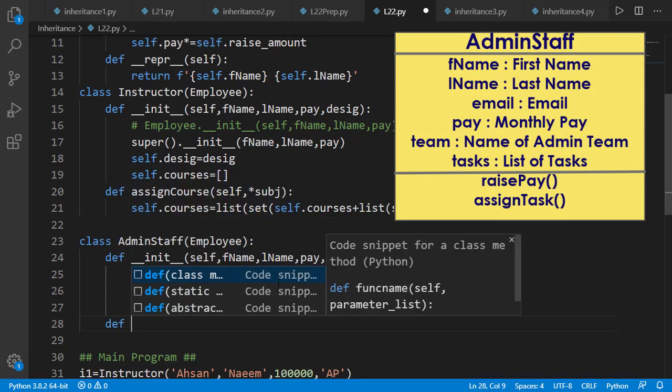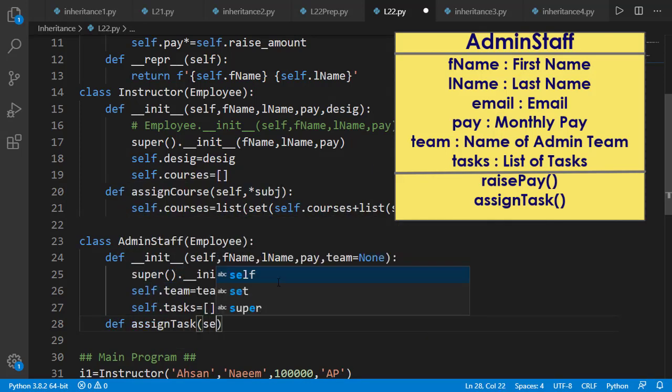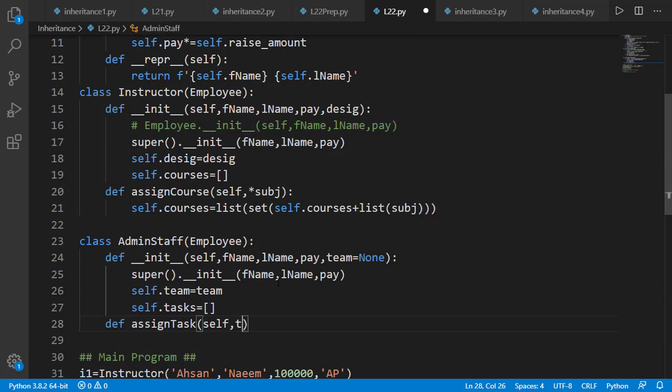Let's add the assign task method, which is quite similar to assign course of the instructor class.